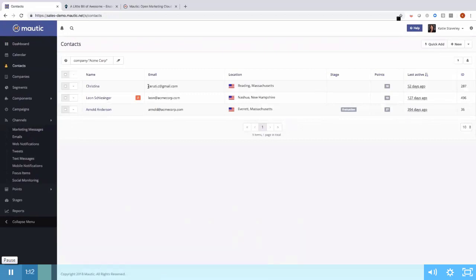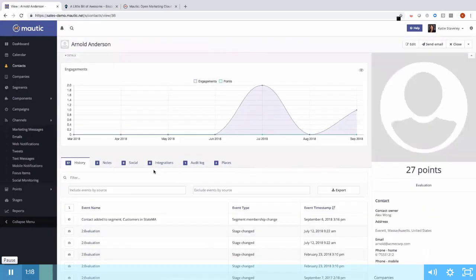The second section here is the contact section. So Mautic does have full contact management. Contacts can be added to Mautic through a number of different ways. You can use Mautic forms embedded on a Mautic landing page or on your website. Mautic does have out-of-the-box native plugins for things like WordPress, Drupal, and a number of other CMS platforms. But even if you don't have one of those platforms with a plugin, you can still embed a Mautic form